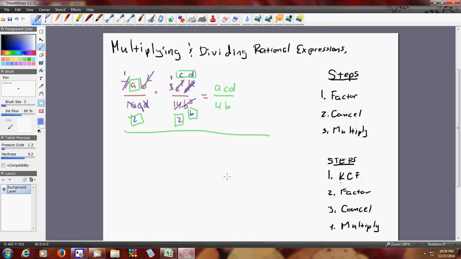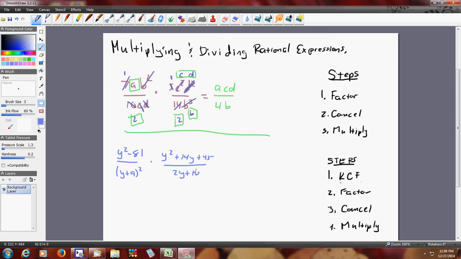Let's say I need to factor. So let's take a look at a good one here. Let's say I had something like this: y squared minus 81 over y plus 9 quantity squared, times y squared plus 14y plus 45, and let's say